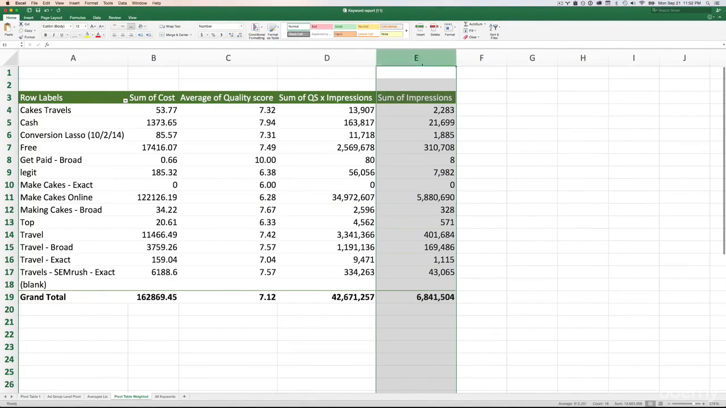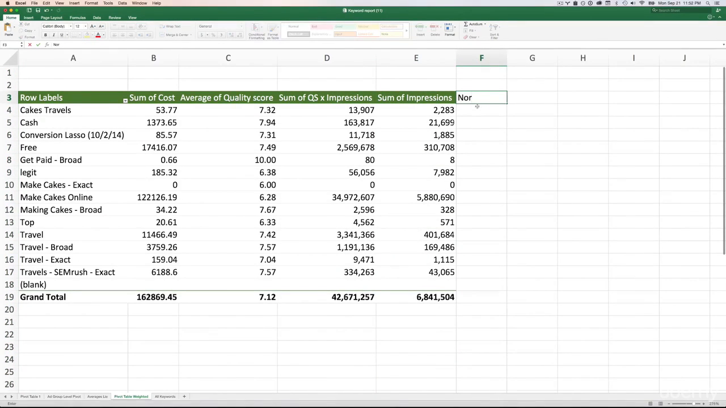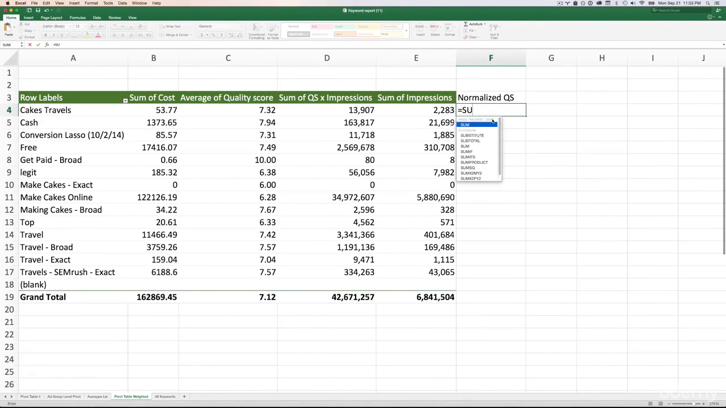Okay, so I have my sum of impressions and my sum of quality score times impressions. Now to get my normalized quality score, I create a new column. I'll label it normalized quality score. Okay, and we're going to create a very simple formula. So it's going to be equals the sum of my sum of quality score times impressions column, which over here is D4,